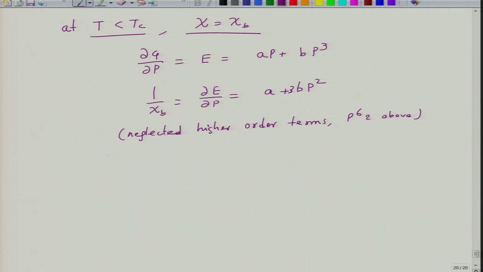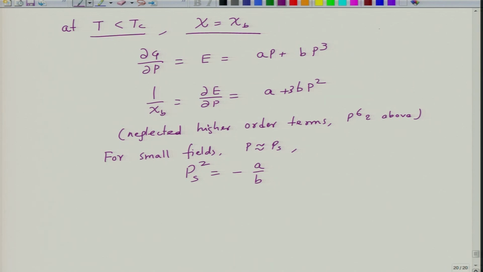So, for small fields, if we say that P is equal to Ps, then in this region we can write this Ps square can be equal to minus of A divided by B, and this comes from